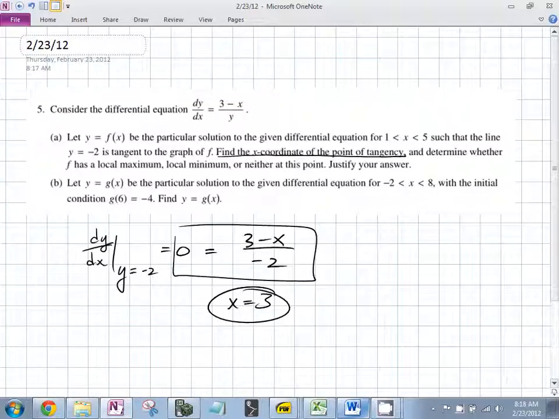Yeah. To make a fraction equal to 0, what needs to be true? Done. And determine whether f has a local minimum or maximum or neither at that point. How do you figure out if a point is a local min or max? You have two different tests. They're called the something test and the something test. Second derivative test and the